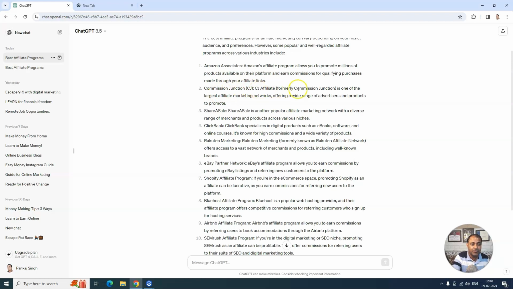CJ Affiliate, formerly Commission Junction, is one of the largest affiliate marketing networks offering a wide range of advertisers and products to promote. Next one is ShareASale. ShareASale is another popular affiliate marketing network with a diverse range of merchants and products across various niches. ClickBank specializes in digital products such as ebooks, software, and online courses.